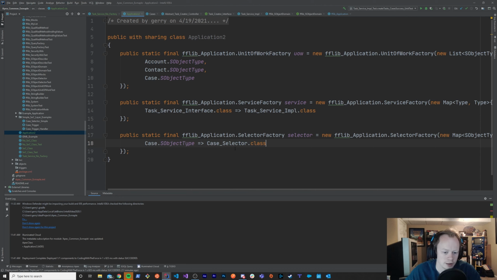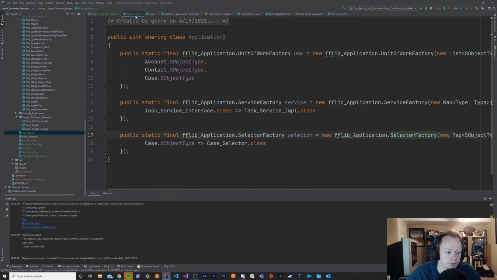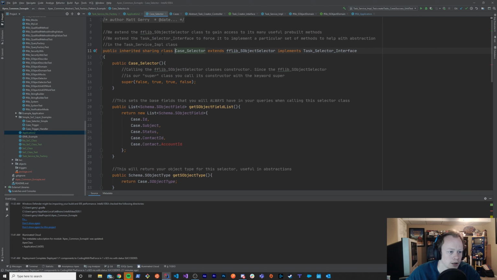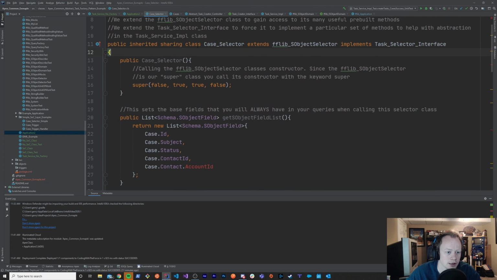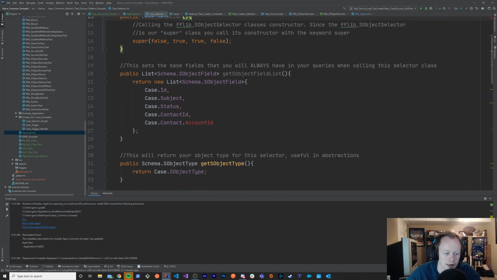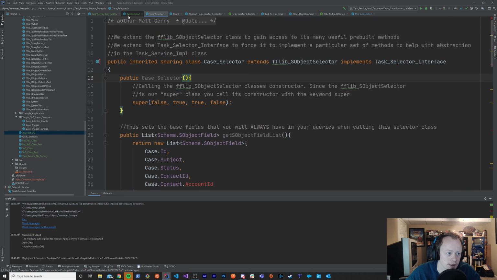So basically what this will allow you to do is, by calling or referencing this variable and calling the new instance for the selector factory, you can pass in the SObject type and it will return to you this case selector class, which is this guy here,